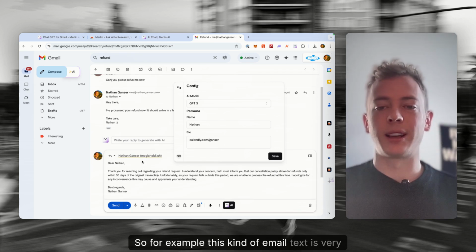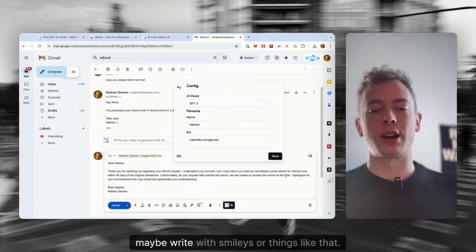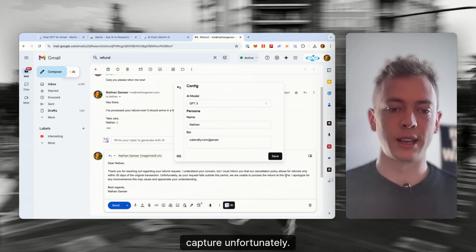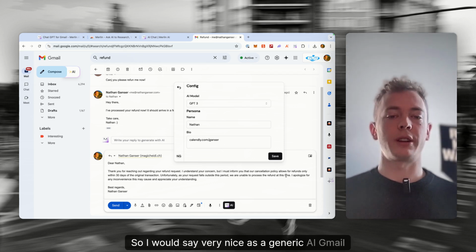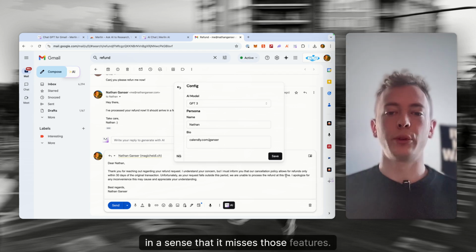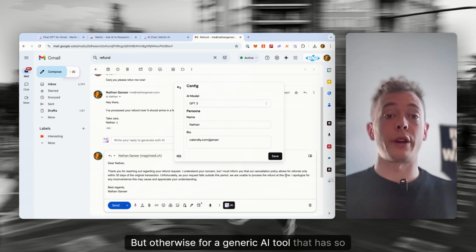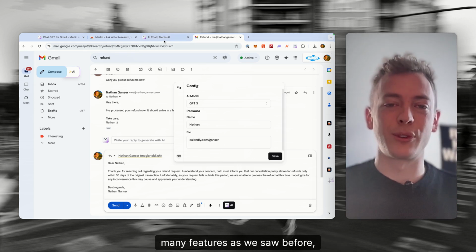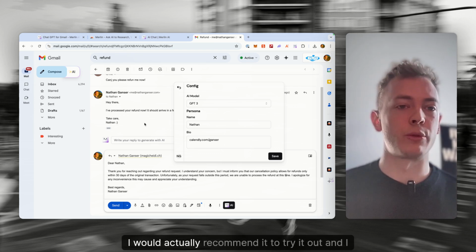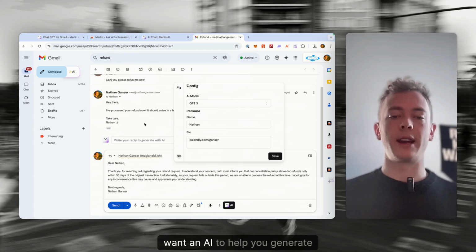So for example, this kind of email text is very generic and formal, so it's not a problem, but this wouldn't be my style. Maybe write with smileys or things like that. So that's not something this AI will be able to capture, unfortunately. So I would say very nice as a generic AI Gmail tool. Not the Nec Plus Ultra in the sense that it misses those features, but otherwise for a generic AI tool that has so many features as we saw before, plus the Gmail thing is really already good. I would actually recommend it to try it out. And I think for non-business use cases, if you just want an AI to help you